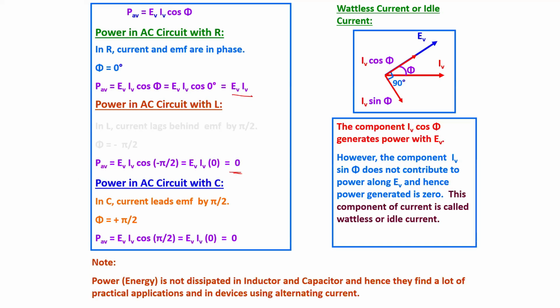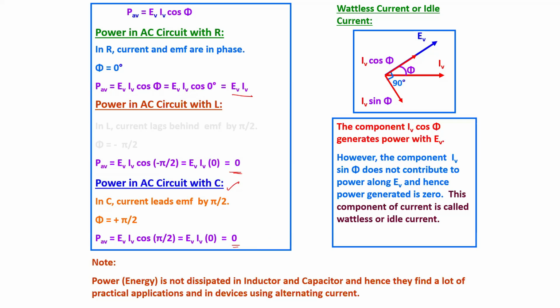So next we are going to study what will happen to the value of the power in the AC circuit with the capacitance. So here also the power will be zero. Keep it in mind: whenever the circuit has only the R, only then will we have power. If the circuit has only the inductor or only the capacitor, the power will be zero.